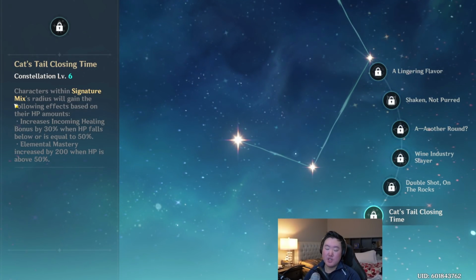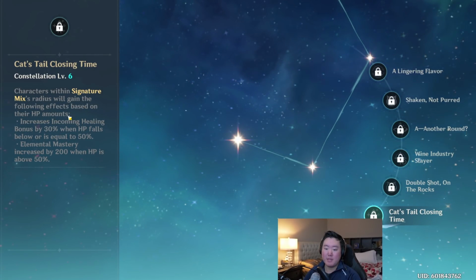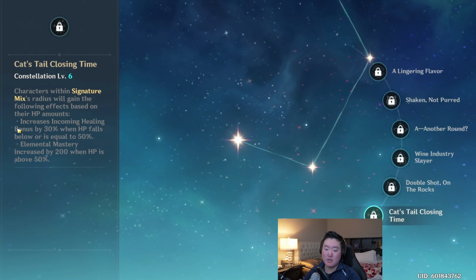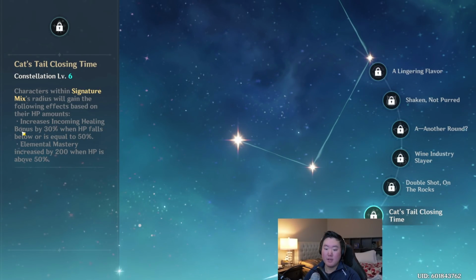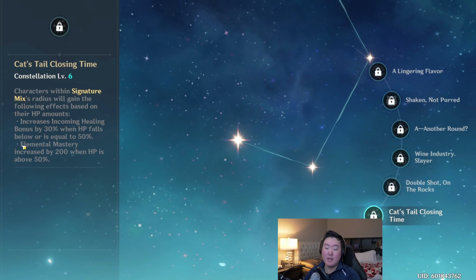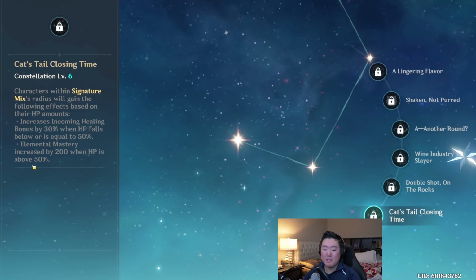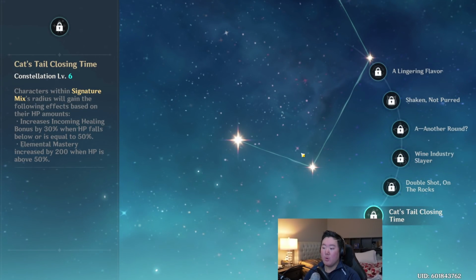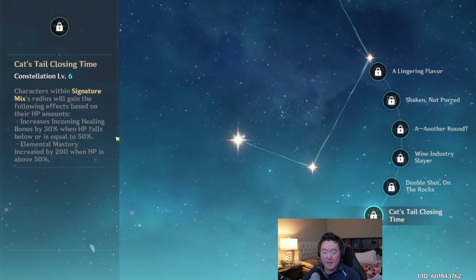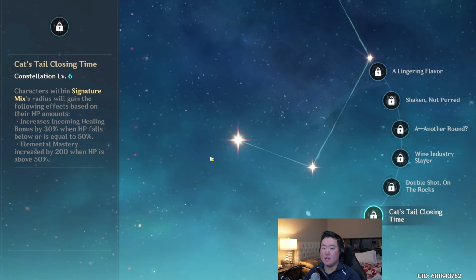Characters within signature mix radius will gain the following effect based on their HP amounts. So signature mix is her ultimate: it increases incoming healing bonus by 30% when HP falls below or is equal to 50%, and elemental mastery is increased by 200 when HP is above 50%. So this is an amazing constellation to have for her, because it just takes everything that she does and makes